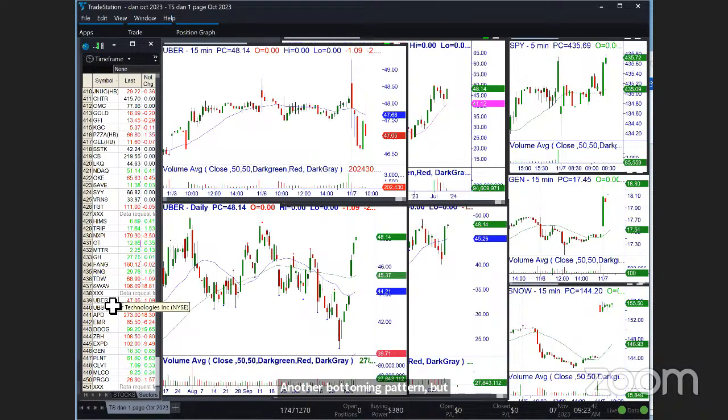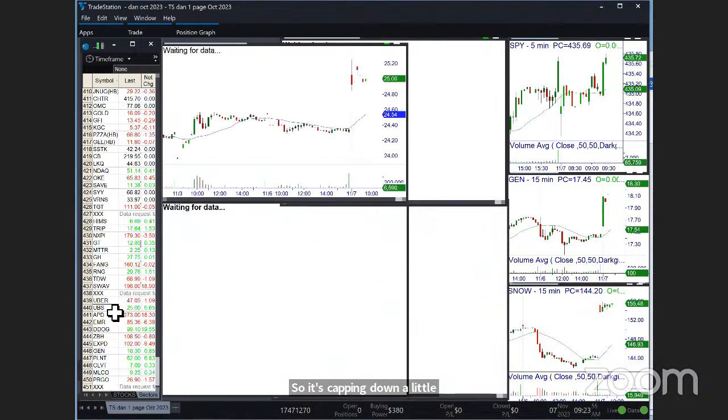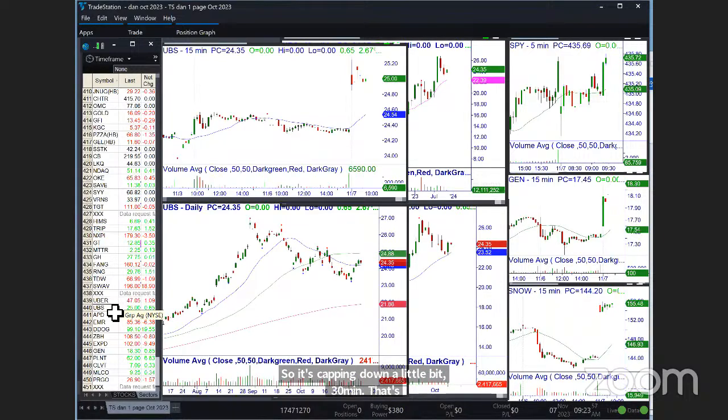Uber. The things that run this much into earnings, I just flatly have a fading bias. So it's gapping down a little bit. 30-minute, it's a powerful move, but 30-minute low, particularly since earnings were announced, could be a call spread idea. UBS, the ADR, gapping to $25. Put spread if there's any juice.